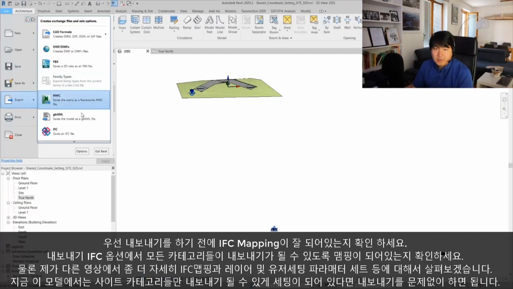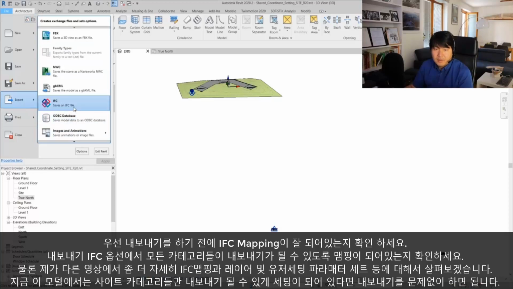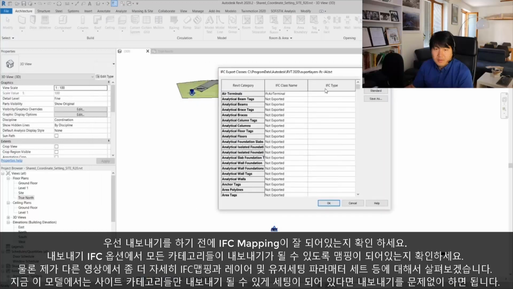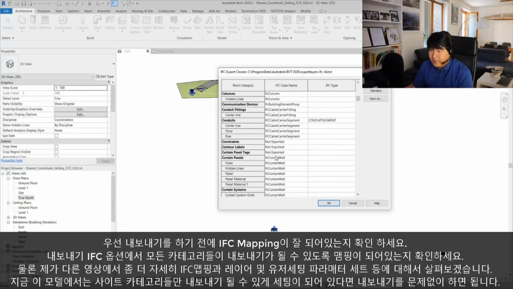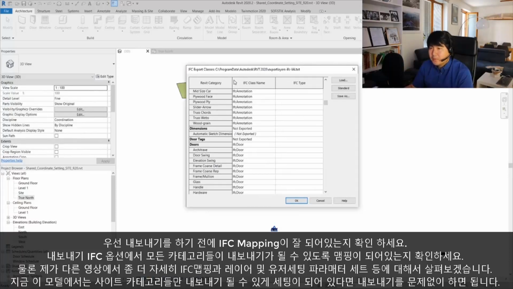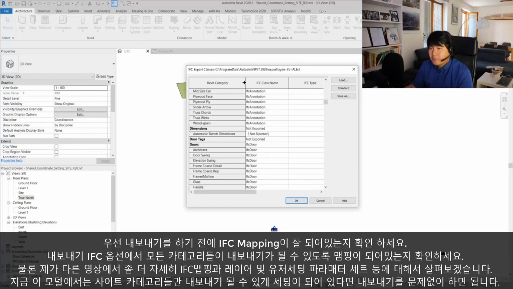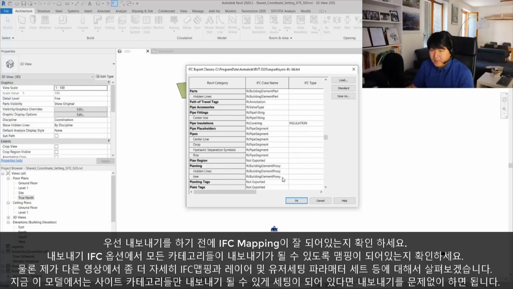So I can go to export, and under Revit IFC export options, there we should check if every element is mapped correctly to be exported. And of course, I'm going to prepare a more detailed video about IFC export mapping and layer systems, and also different custom property sets, in another video. But for now, as long as my site element is mapped to be exported correctly, then I'm happy to export this model. Let's recheck site